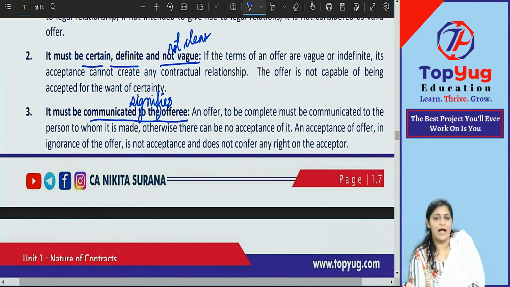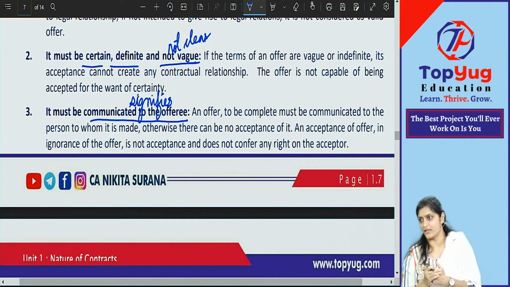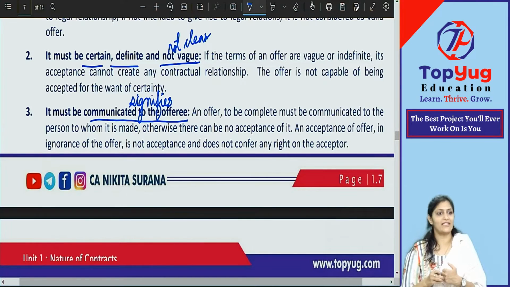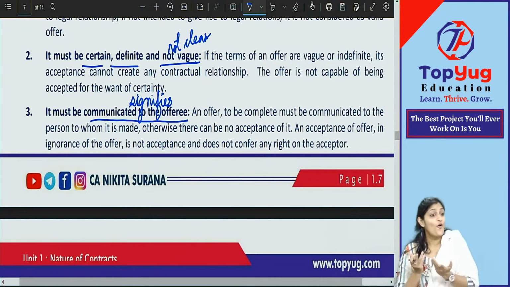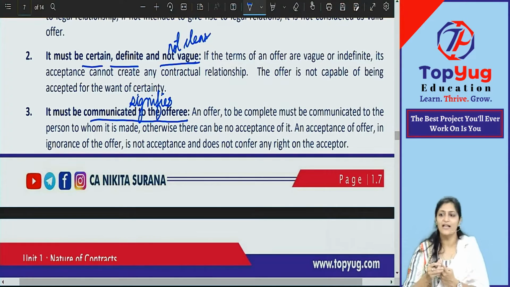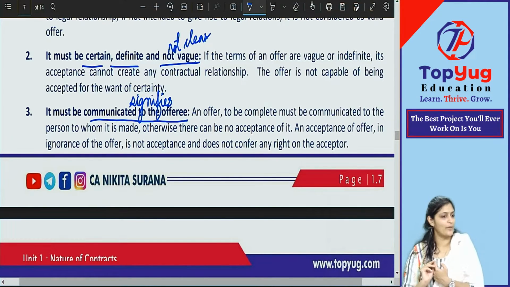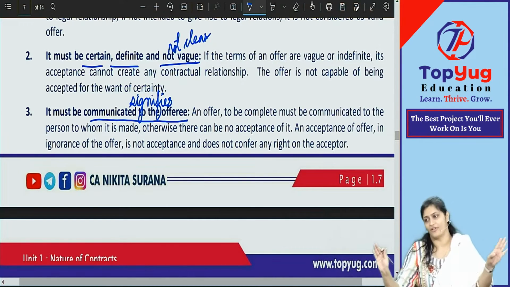Yes or no? See, you want to offer me something, you have some wish. Do you think I have the capability of reading people's minds? That you don't tell me, but I can see, okay, this person wants to do this. Can I do that? Obviously not. You have to communicate to me either expressly or impliedly, but there should be some communication. Without communication, there is no offer.